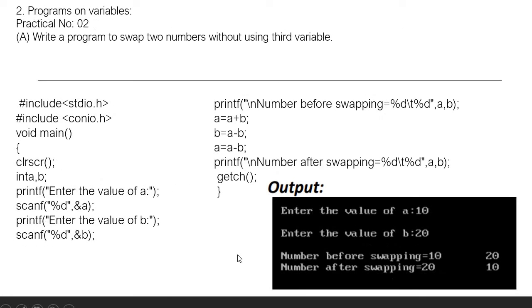Now I will move towards the next practical part, that is programs on variables. Over here we are going to see how two variables will swap their values without using the third variable. Same procedure students, whenever we start with our program, first of all we have to introduce or initialize the variable. After that we have to do the procedure part, that is processing your data, and final one is your output section. Like this way we are going to do every time.